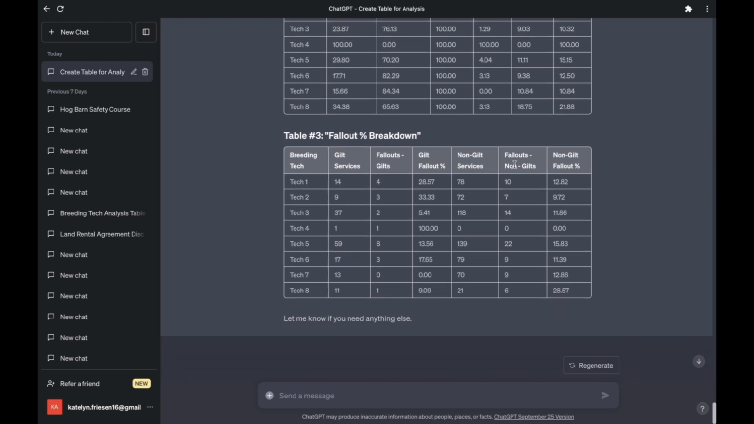And then I wanted to know further, of the fallouts, what was my fallout percentage per that type. Tech 1 had 14 total gilt services, and there were 4 fallouts that were gilts. So fallouts divided by total gilt services means the fallout on just his gilts was 28%. On the non-gilts, he had 78 services, and of those, 10 were fallouts. And so his non-gilt